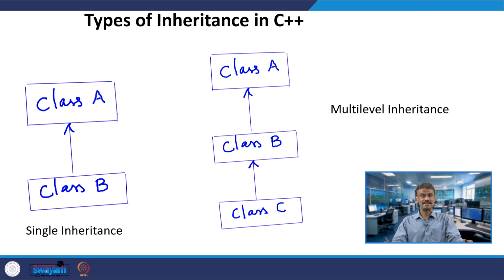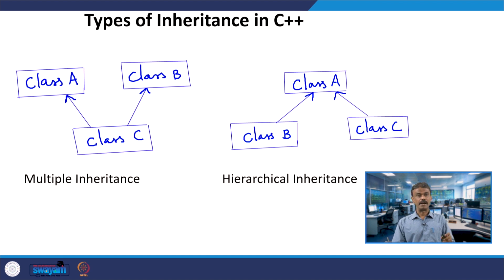When you have this hierarchy, you call this multi-level inheritance. Here class A is the base class, class B is the derived class of class A, and class C is the derived class of class B. The third one is multiple inheritance. Here class C is a derived class, but the base classes are class A and class B, which is possible in C++, whereas this concept is not available in Java. Multiple inheritance is not available with respect to classes. Sooner or later, we are going to study the interface. The interface part in Java will take care of this multiple inheritance.